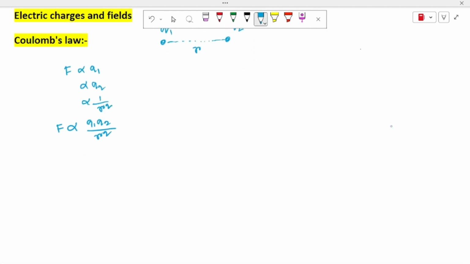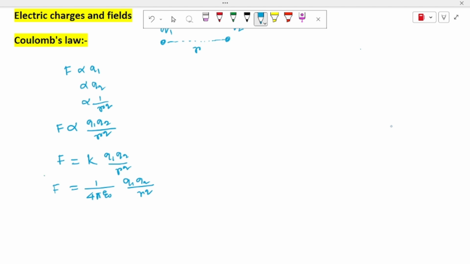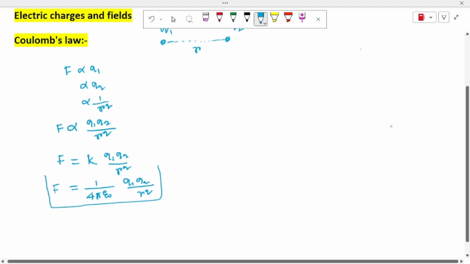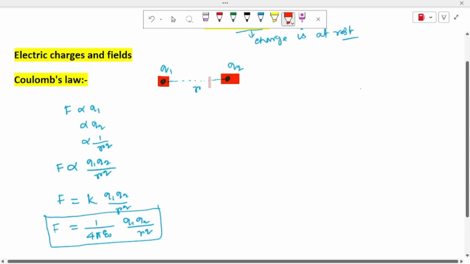If we remove this proportionality, we will put a constant. This is K, Q1 Q2 by r square. From experimental observation, the expression of constant K is 1 by 4 pi epsilon naught. So the force is 1 by 4 pi epsilon naught Q1 Q2 by r square. This is the expression of force between two charges Q1 and Q2 separated by distance r,